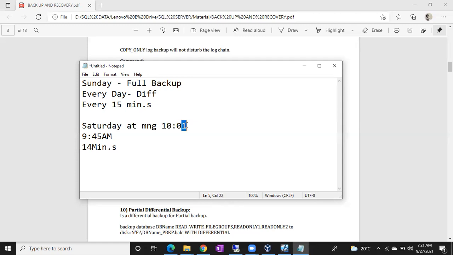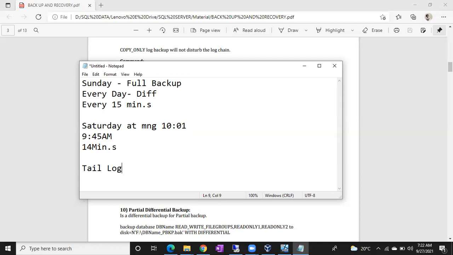That kind of scenario you can achieve with the help of your tail log backup. Whenever the database is corrupted or crashed, in case the log file is corrupted, you cannot do a tail log backup also.